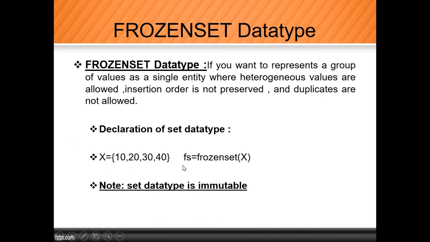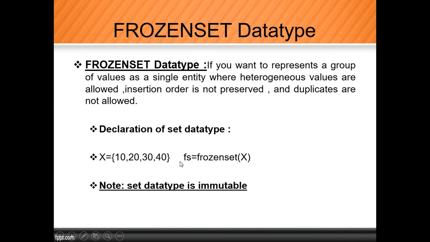Now we need to convert that set into a frozen set. Again we will use a variable, and then I will use the function frozenset, and in that I will pass the variable x.